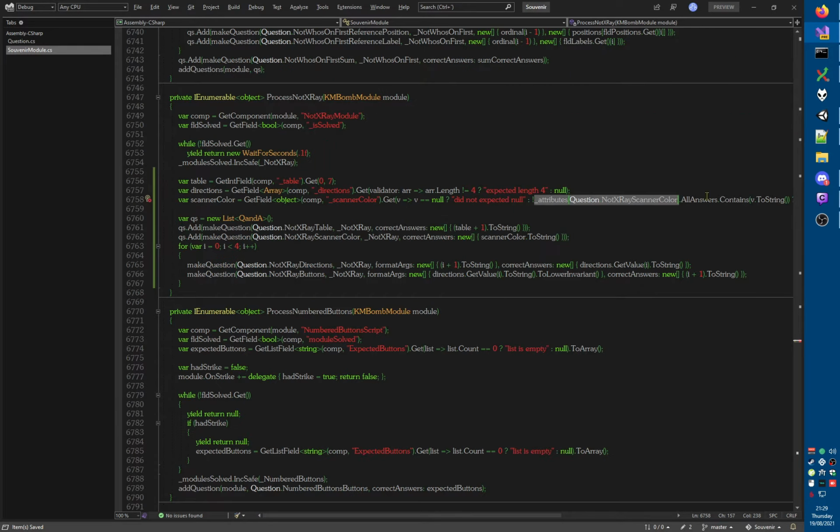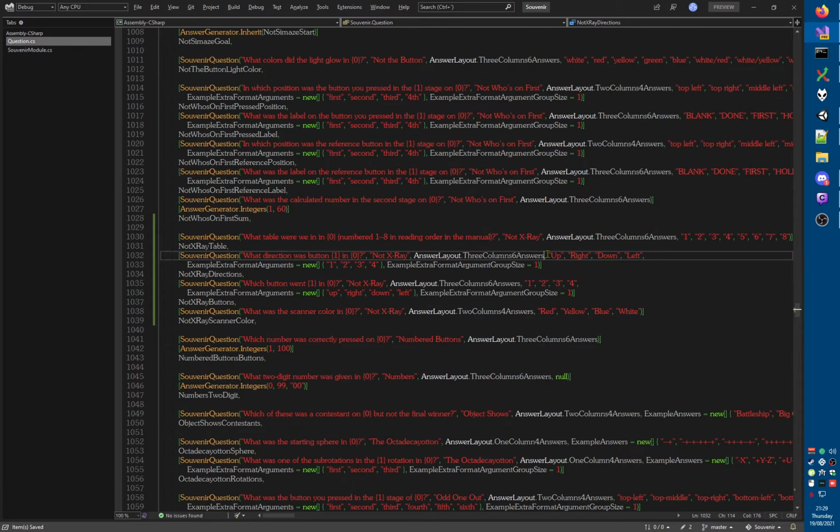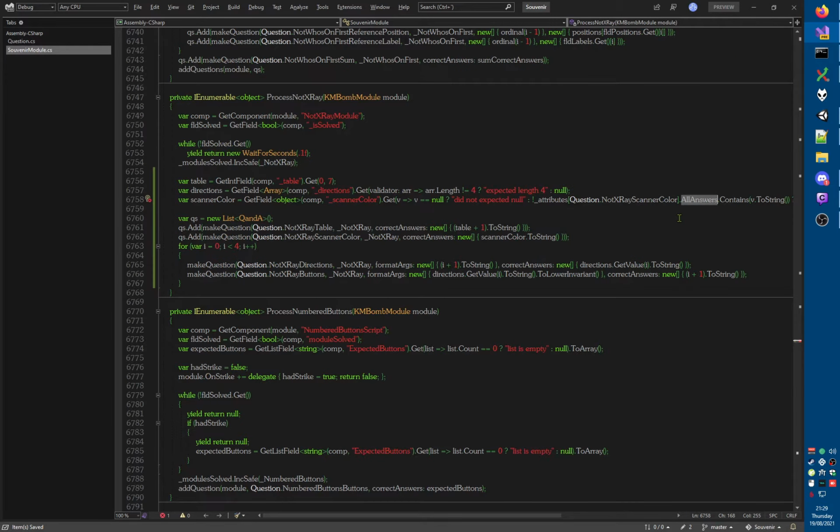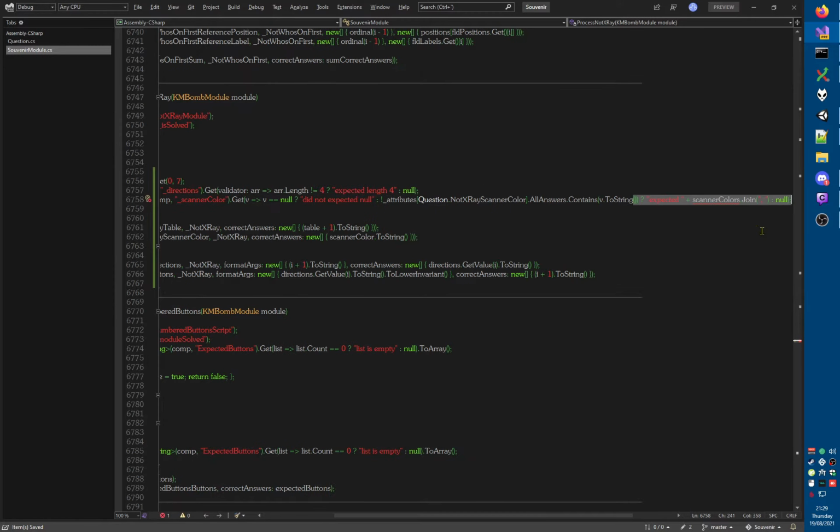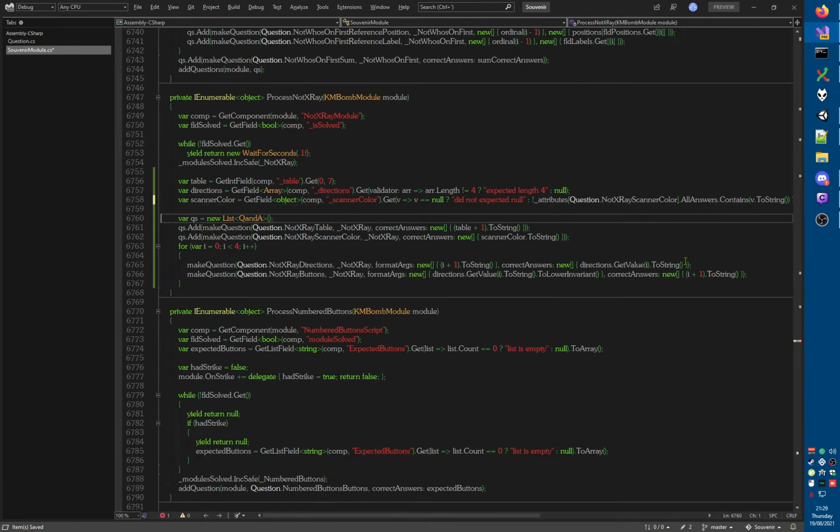And all answers is of course the array that contains these strings up here, or these, or these, etc. So if that does not contain the string, then okay, so here we need to put that in. There you go. Okay, now let's compile this,